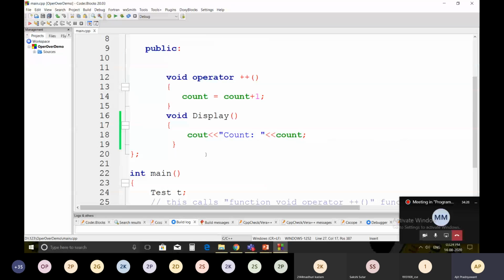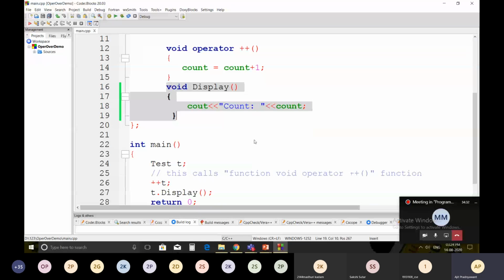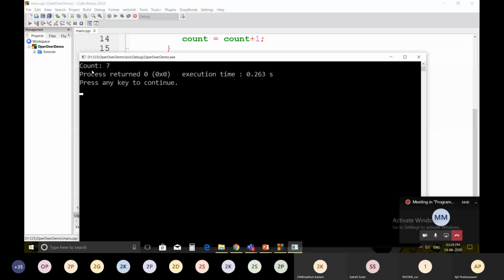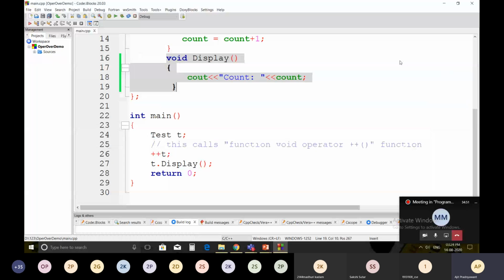See the output of the code. Compile it, successfully compiled, and then execute. Count is 7. So this is how we have incremented the value of the count variable, and this is how we have overloaded the plus plus operator.